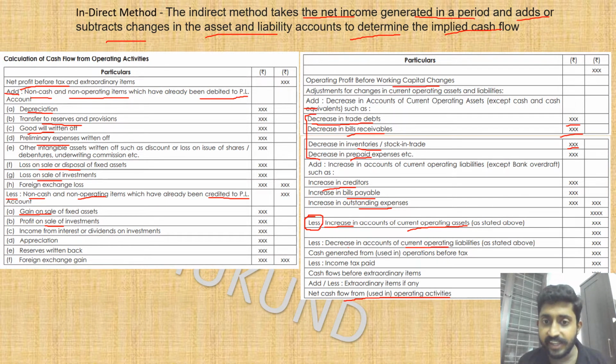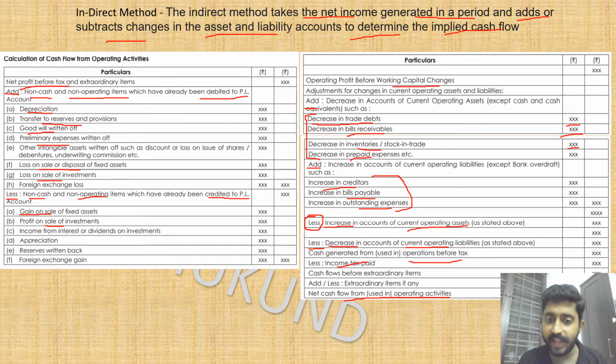Increase in the operating liabilities was added. Now decrease in the operating liabilities will be reduced, and finally you will find the cash generated from the operation before tax, and the income tax that you have paid for the current year. For the current year you will keep the provision; for the previous year you would have kept the provision, that provision you would have paid in the current year, so that you will